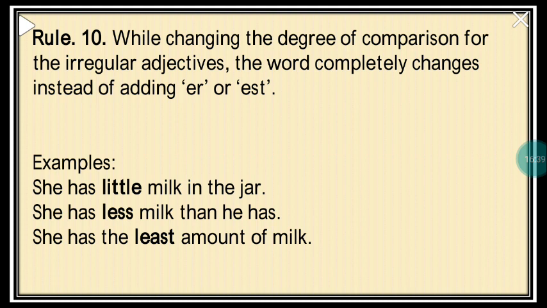Another one, this flower is the most beautiful one in this garden. So what kind of sentence is this? It's a superlative sentence. This flower is more beautiful than any other flower in this garden. That is the comparative sentence. And no other flower in this garden is as beautiful as this one. So all of them mean the same thing. Another example, he is the most intelligent boy in this class. Then you can say he is more intelligent than all other boys in this class. And then no other boy is as intelligent as him or as this boy.